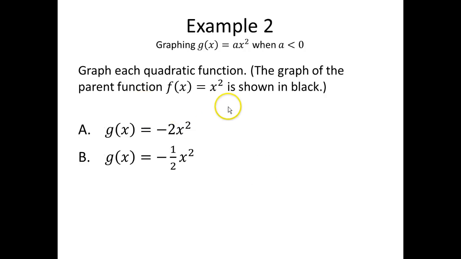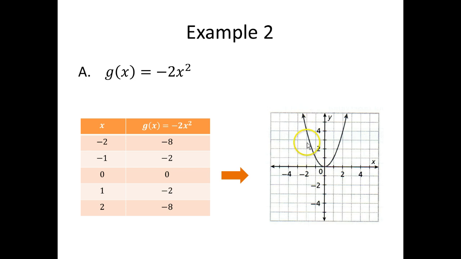Okay, suppose we let a now be some number that's less than 0. What effect does this have on the graph? So we're going to look at the following two functions. We're going to see what effect the coefficient has if it's negative, a -2, and if the coefficient is -1/2. Well, the parent function f of x equals x squared is shown here. Now here are some input-output pairs for my function g of x. Okay. Now if I graph this thing, notice that